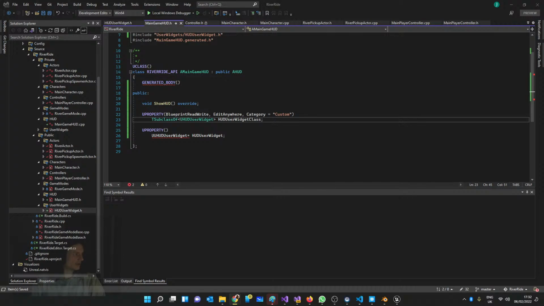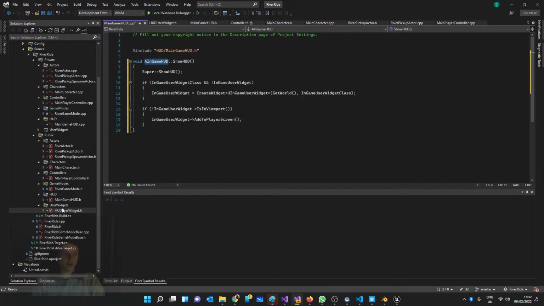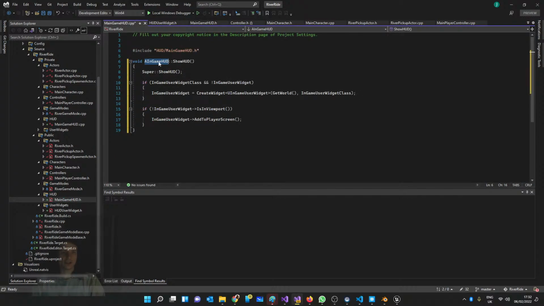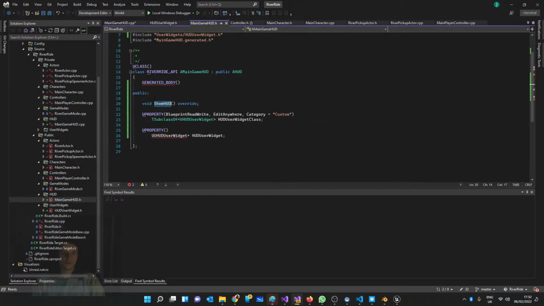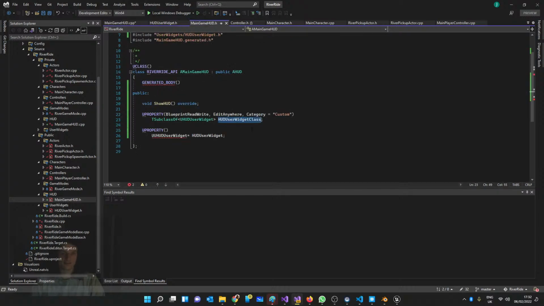Now if I go to my actual code, what you can do is Control KO to go through to the actual class area. I'm going to paste this in, but you just have to follow along. Essentially I want to get my HUD class, which is this one. I go Control KO to the front end, and I change this over here. And that method that we called showHUD, which is overridden from Unreal Engine, we want our own implementation of it. We're going to call Unreal Engine's implementation, and we're going to say if a class has been set, so this one here,